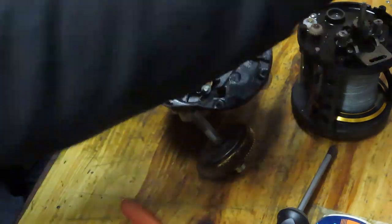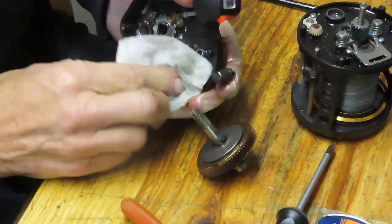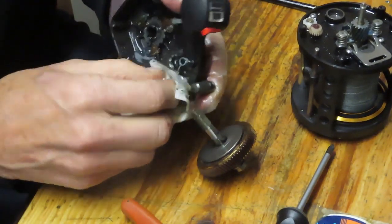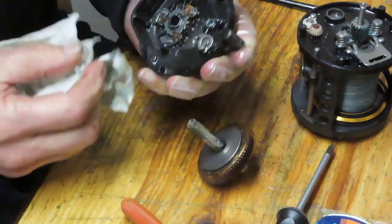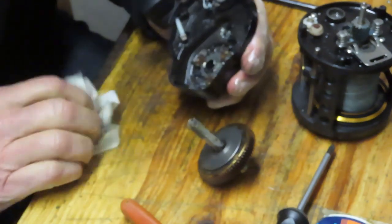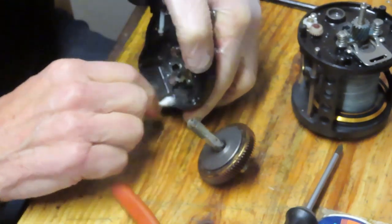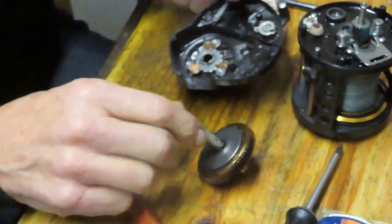All right, we want to do the same thing with this. We want to take a nice healthy spray of penetrating oil and clean up all the old dirt and grease that has accumulated in here. I like to use the least abrasive cleaning as possible, so I'm just going to use a paper towel to mop up. And if we find that it's not good enough, or I can't reach it with a paper towel, the next thing I would do is a cotton swab. We can see there's been a little bit of grease accumulated on the case here. And then I would go for the